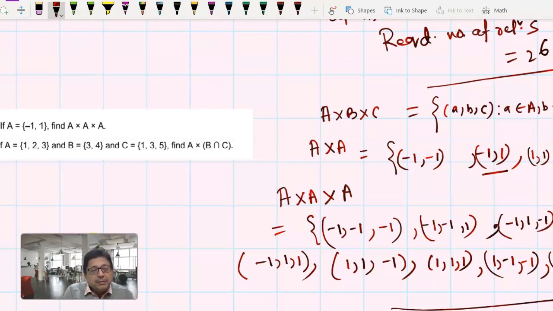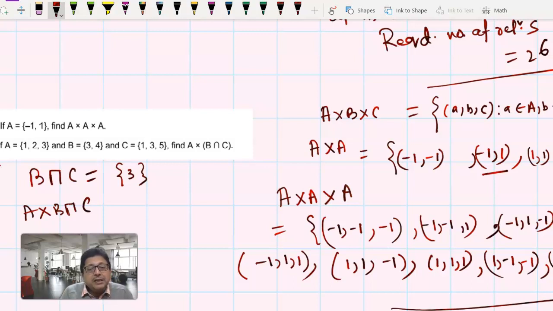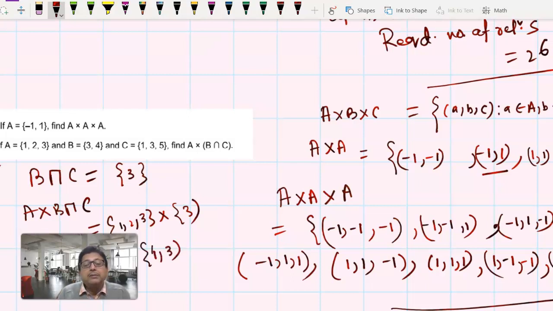Now when you are solving number 38, find A cross B intersection C. You find B intersection C first. Intersection of these two will give you only one element, 3. Now if you find A cross B intersection C, A means what? 1, 2, 3, cross, then B intersection C, you found 3. So this will be 1, 3,